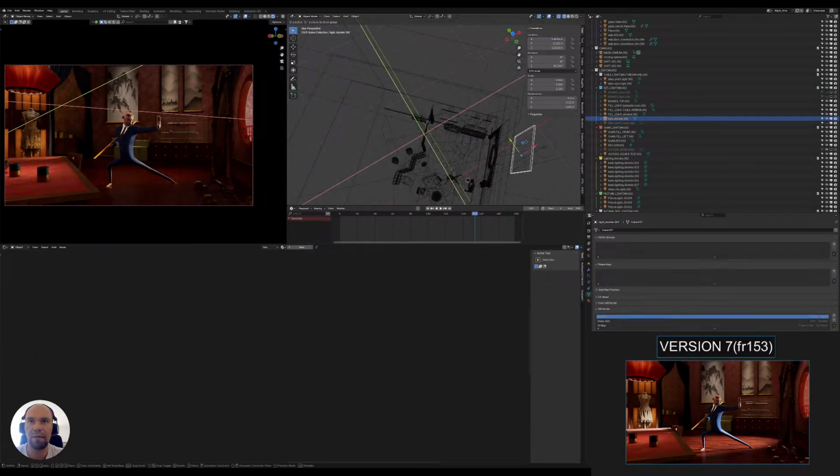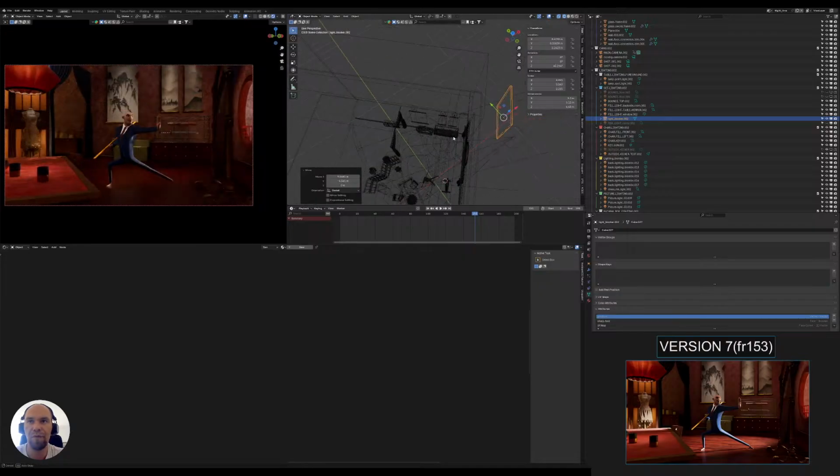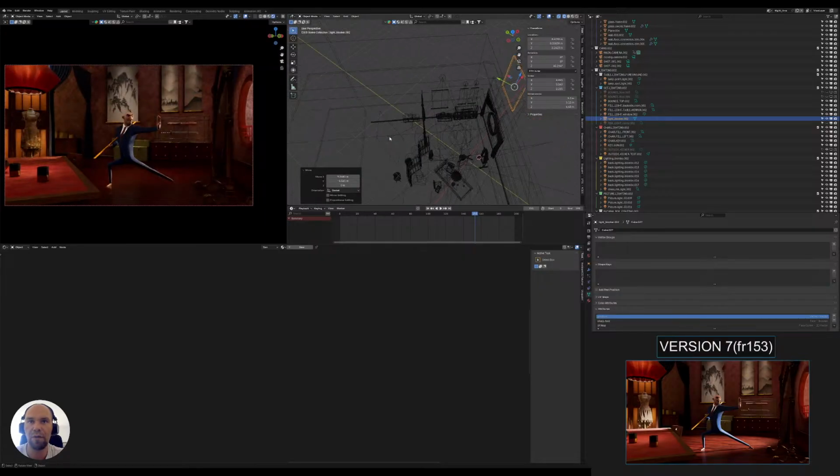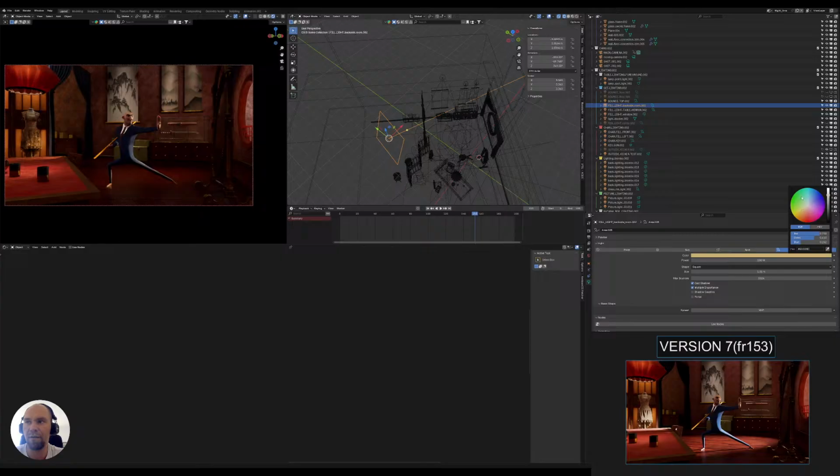We could then remove this light blocker. Have here, let's try adding this teal-like color here,